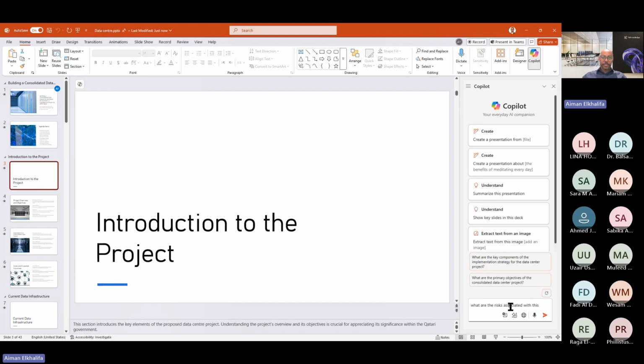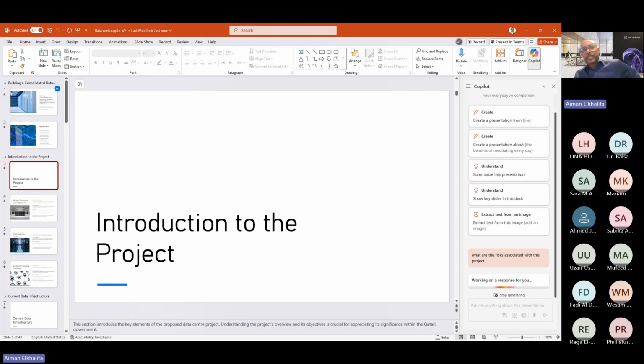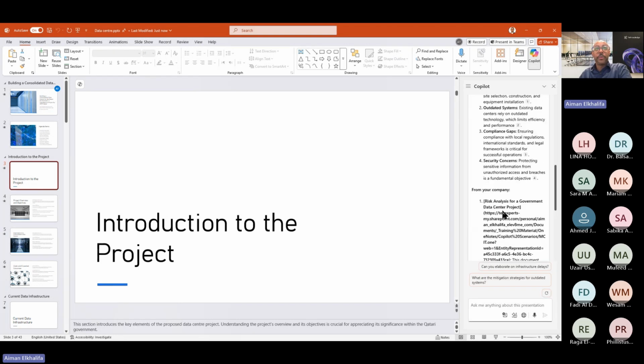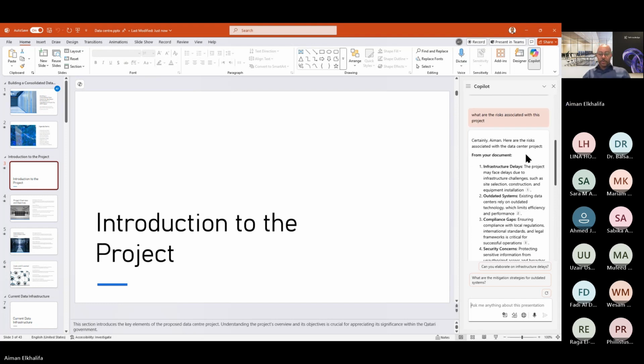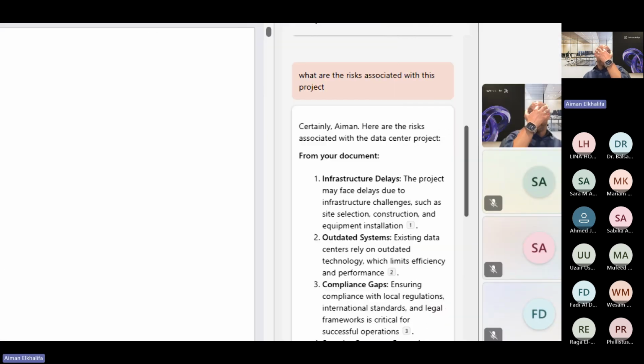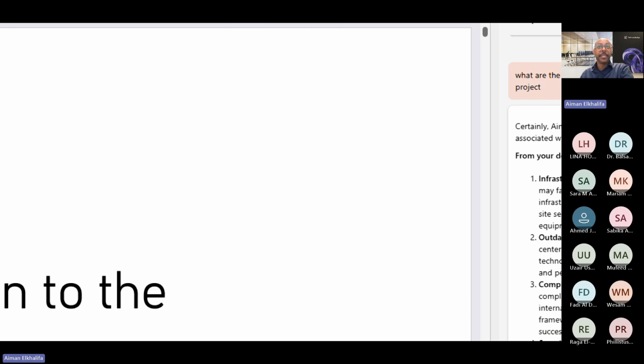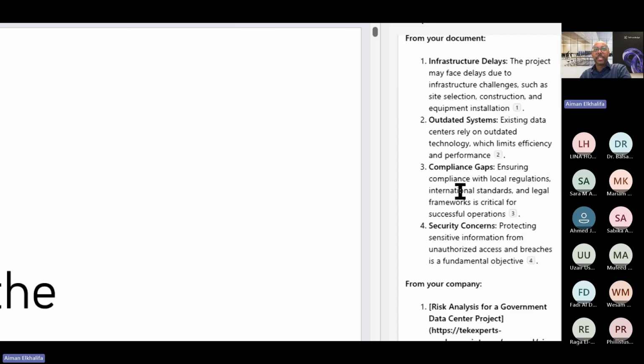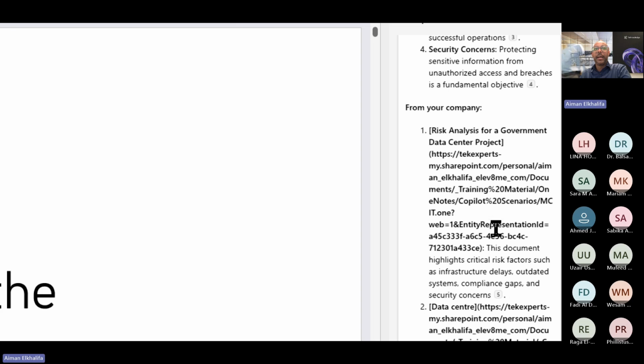With this project, I send that to Copilot. Now, what I'm doing, I'm brainstorming with Copilot, I'm digging deeper with Copilot, I'm trying to understand better with Copilot, things which are not really listed in this document, okay? So there we go. Copilot goes like, okay, building a data center, there will be infrastructure delays, outdated systems, compliance gaps, security concerns, and